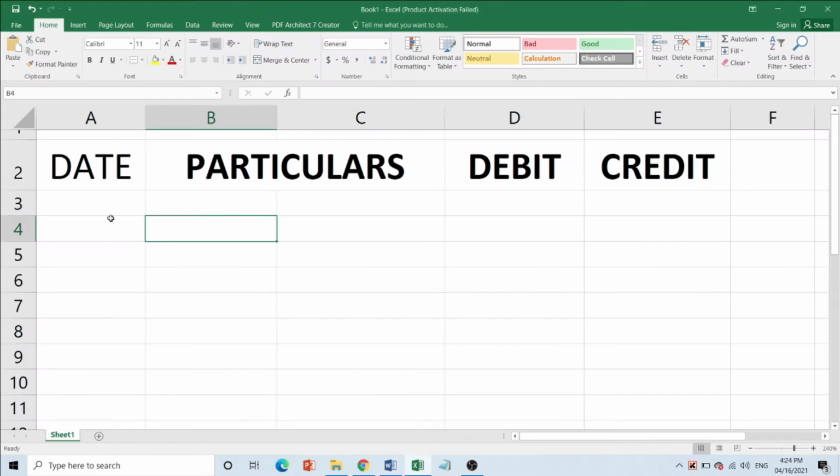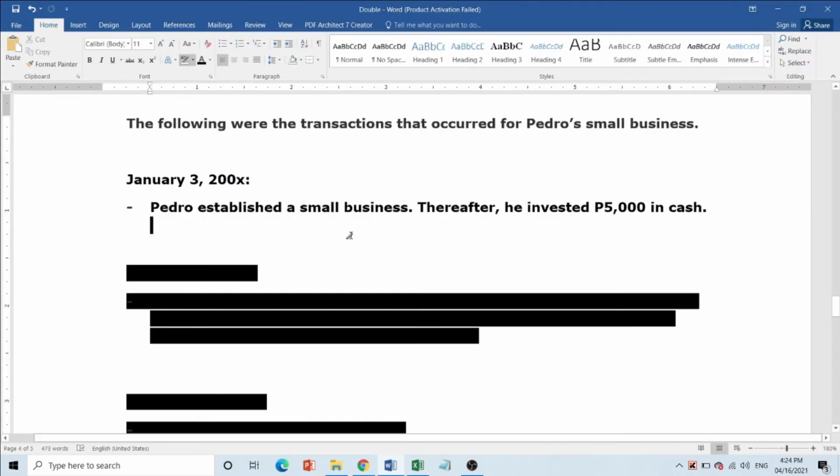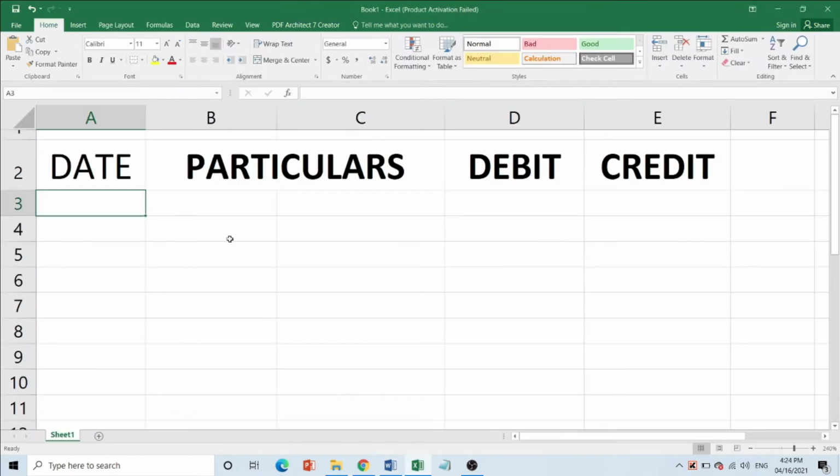So punta po tayo sa Excel. So dito sa Excel is meron po tayong date. So ilalagay po natin dito sa date kung kailan po nangyari yung transaction. So January 3, 2000X. Okay, ilagay natin. January 3, 2000X. Yan. So if you are using a columnar book, usually yun naman po yung ginagamit, much better na mag-practice po tayo sa